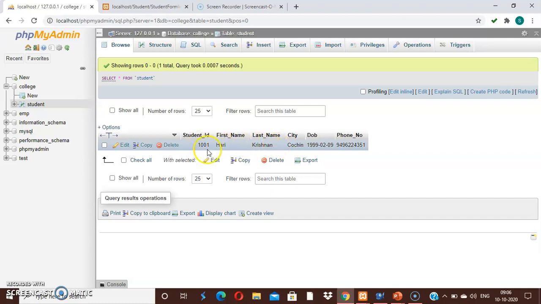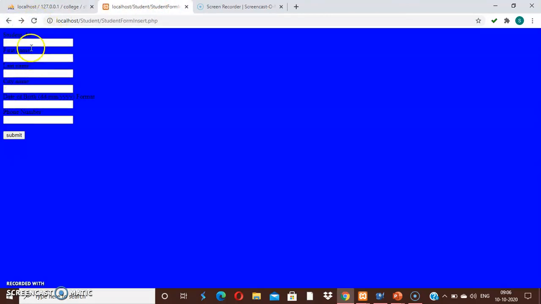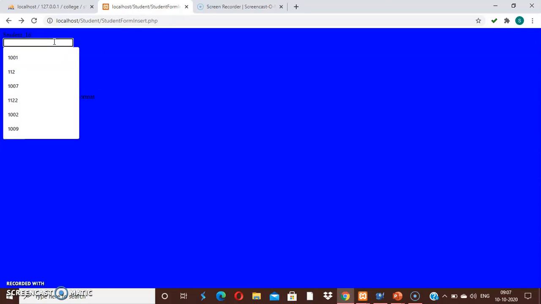Here I set the student ID as the primary key. So again if I add the same value, that is 1001, then it will generate an error. So we have to avoid this error. So we need to check whether any duplication is there. I will show you.